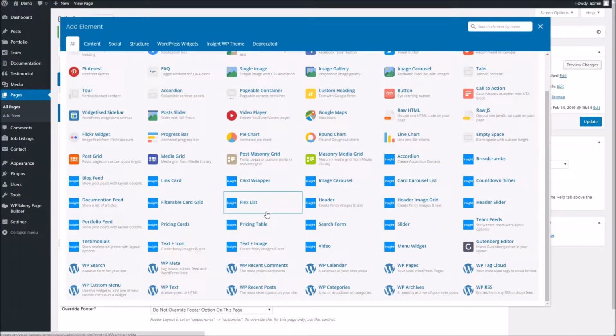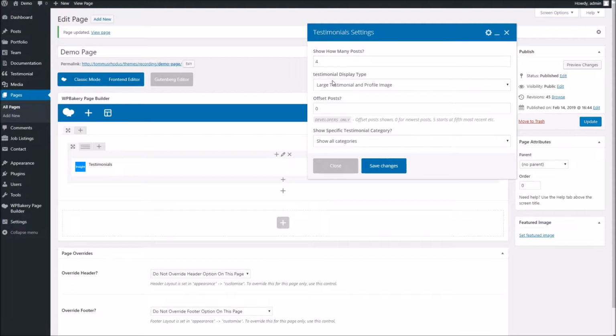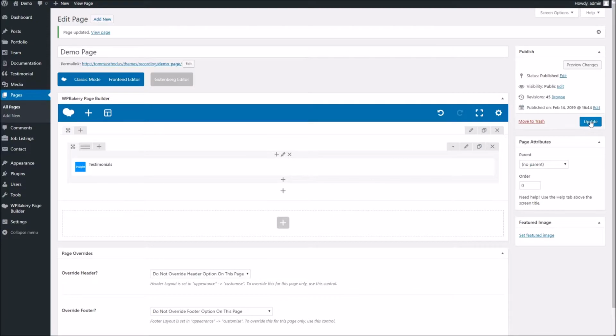Next up we've got the testimonials. Now this one is one of my favourites because it looks really great, but there are a few things to bear in mind when using it. Now you've got the testimonial with profile image and one with the background image. These are best suited to just single testimonials. So by this I mean if we were to choose one and set it to, say, display 3 posts. If I update